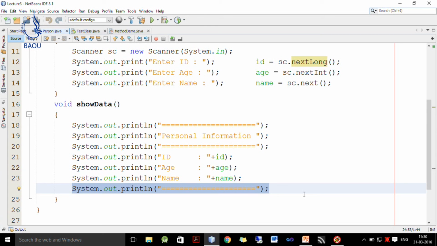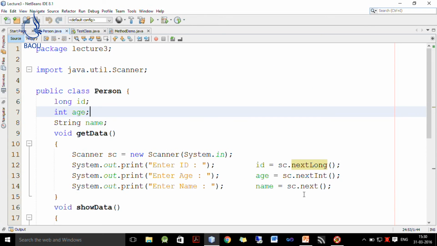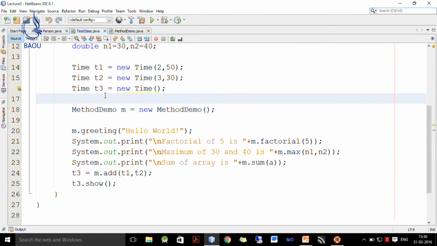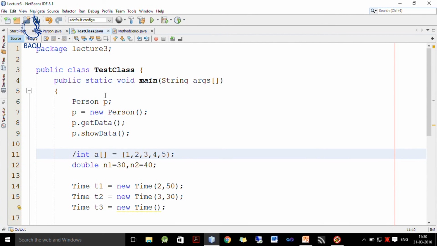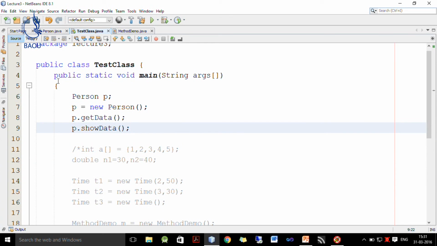Now, how to test this class? This class is public, so it can be called inside the test class. Here I comment out this portion, and now this test class has a main method.